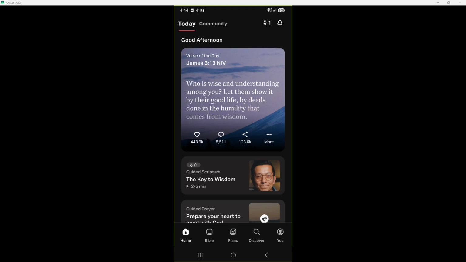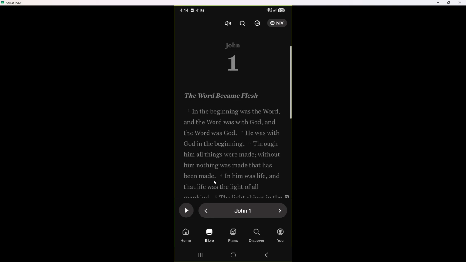Now, tap Bible at the bottom. This button sits in the bottom menu bar, alongside other options like plans or search, depending on your version of the app. Once you tap Bible, the screen changes to show the main Bible reading view, with verses filling most